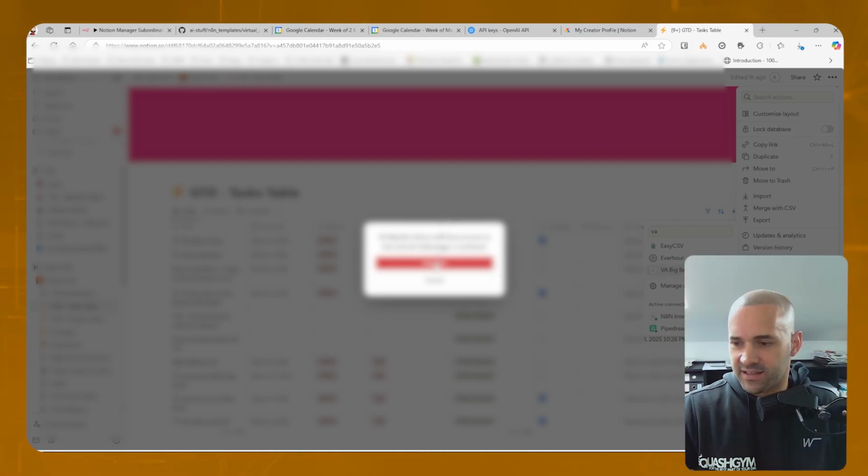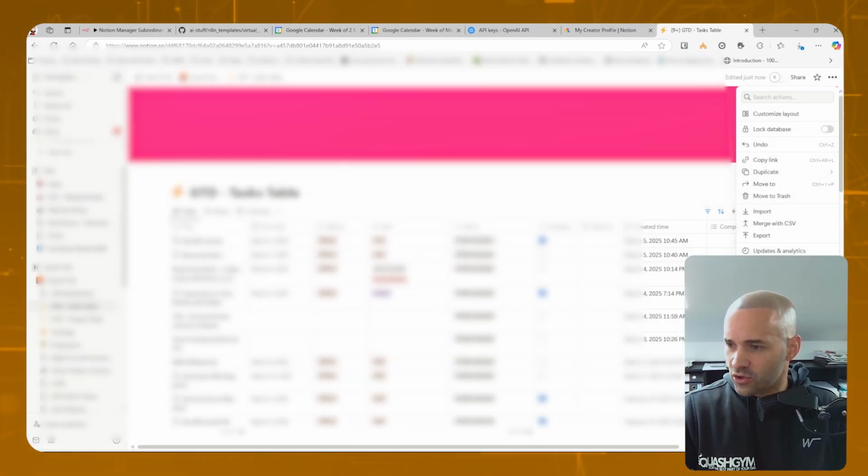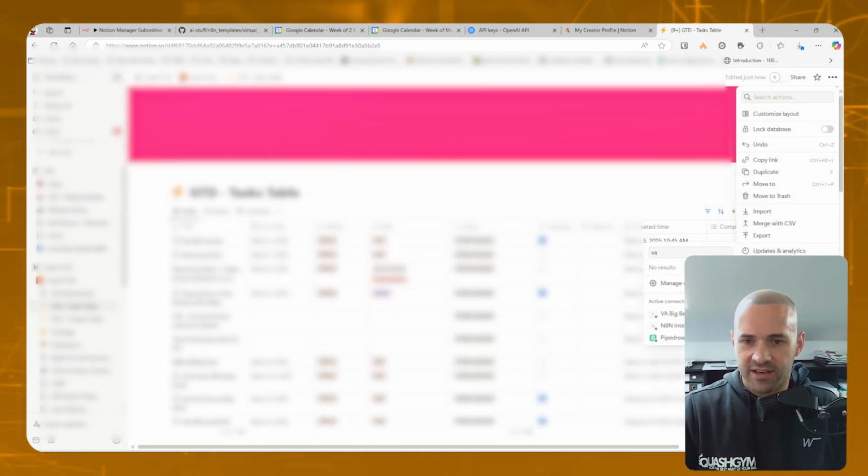There we go. I had to have a bit of a think because it wasn't appearing, and I thought it would be in managed connections. So hit connections, and then you can just search for the connection that you want to give access to. So I can search for VA Big Ben and give VA Big Ben access to this page. So cool, now I've got 4 connections on this page,